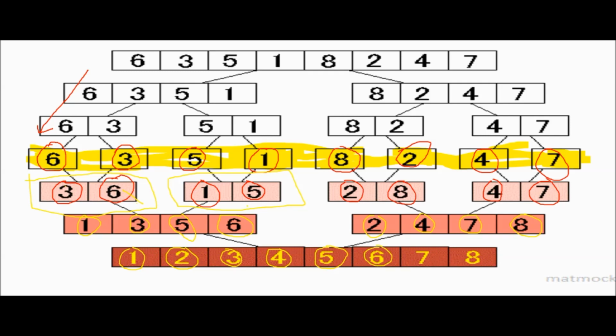So this left side array is exhausted now. When this array is exhausted, all the remaining elements of the right array, that is 7 and 8, will be copied into the new array as they are. Now the only thing that remains is that the new array created will be copied into the original array and you have got a sorted array. So in this way merge sort works.